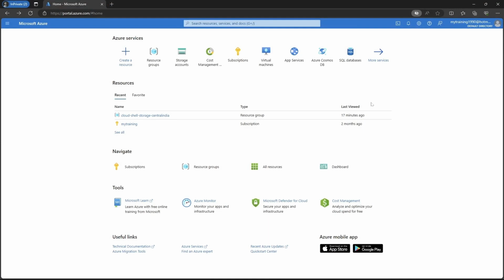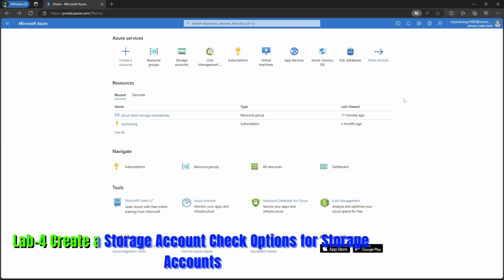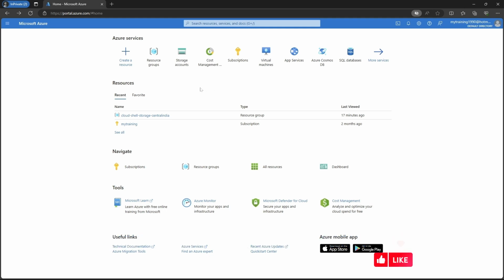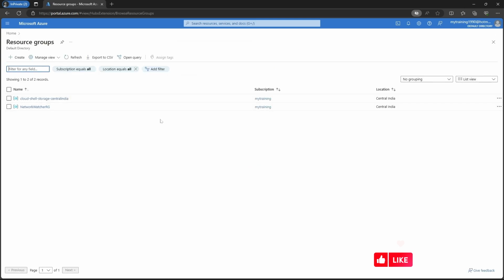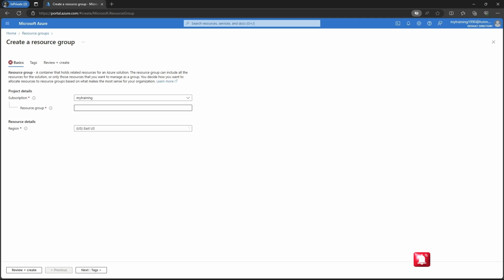Hello everyone. In this video, we'll create a storage account and see what options are available when we create a storage account. To create a storage account, we need to create a resource group first. I'll create a resource group. I'll give the name as RG demo